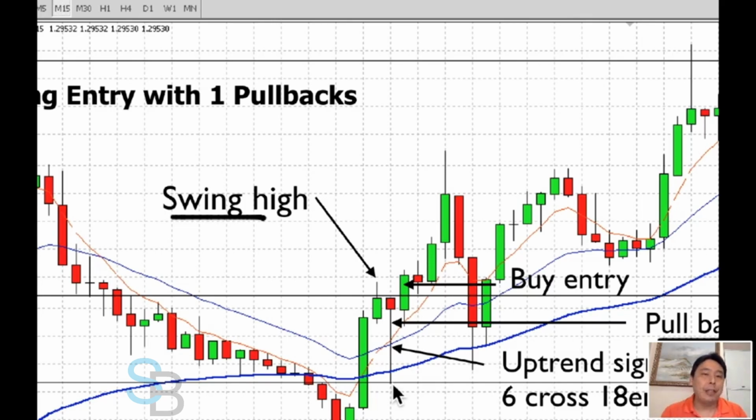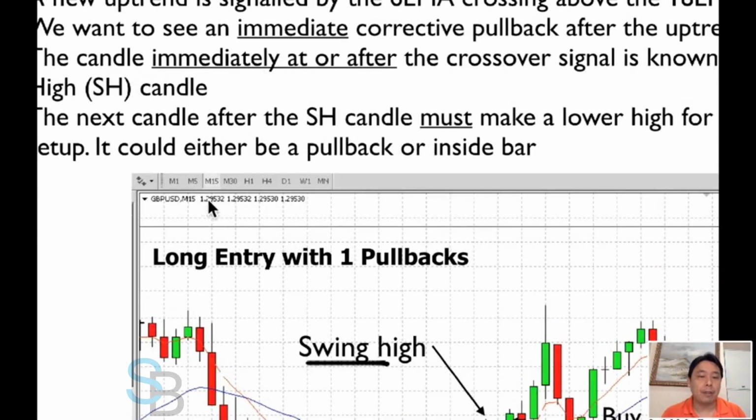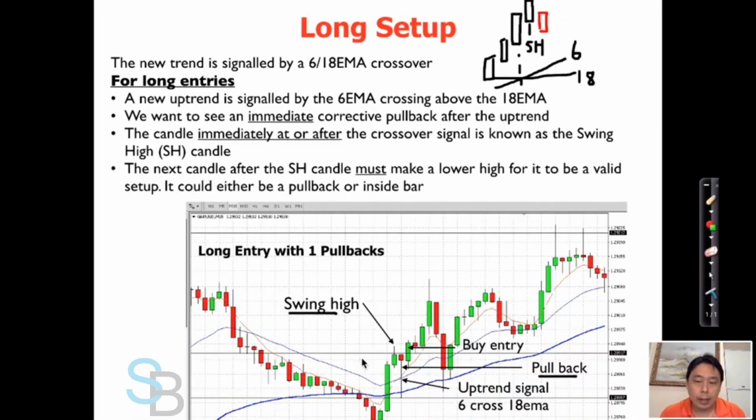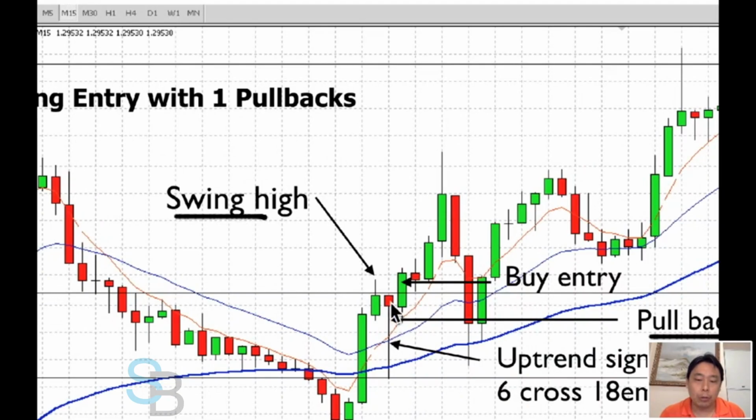So the moment this candle has formed, it's important that the candle must close. We're looking at 15-minute candles over here, so every 15 minutes the candle will close. You have to wait for the candle to close before making a trade decision. You can't make a decision while the candle is forming, all right? Great. So once this candle closes, we're going to place a buy order right above the high of this candle,